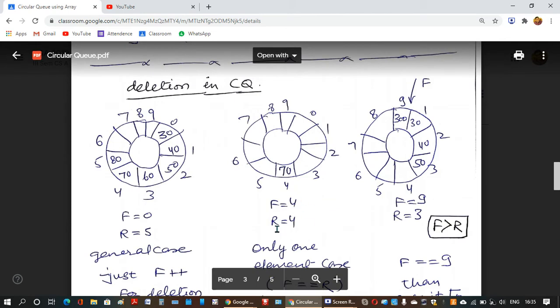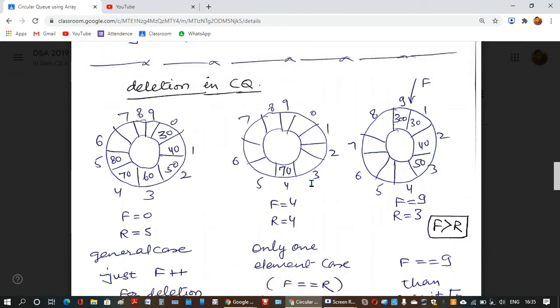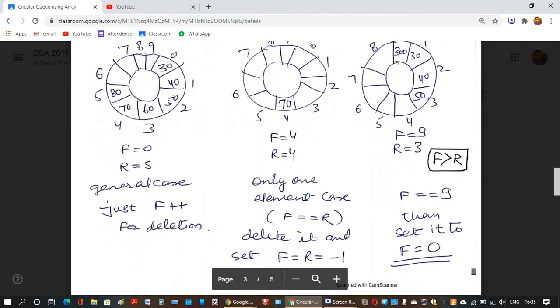There can be a case when F equals 4, R equals 4, or it is 4 for example, but it can be 3, 2, whatever, but F and R are equal. Whenever there is only a single element, F and R are equal. And if we want to delete this element also, we will set F equals R equals minus 1, meaning the queue is empty again. So this is a case.